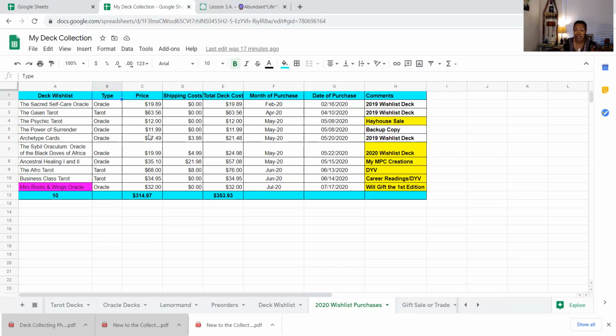Now, if you're intentionally buying multiple decks of the same one, that's okay. No judgment. I have some of my workhorse decks. I have a backup, and I've actually had to start using the backup because I've worn out the original one. So no judgments. But it's those moments when you accidentally order them. You're like, don't I have this deck? Oh my gosh, I do. It's just those kinds of moments that you want to avoid, and this helps that. It's a little inconsequential, but it's a headache to have to send things back or try to sell an extra, or even to store an extra that you didn't really want to have in the first place.